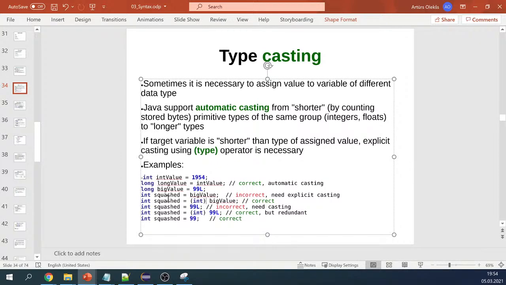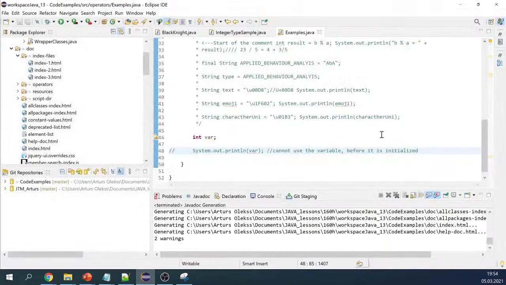And as you can see, when we cast from primitive types, we can have data loss. Then we lose the data. For example, if we have a float,